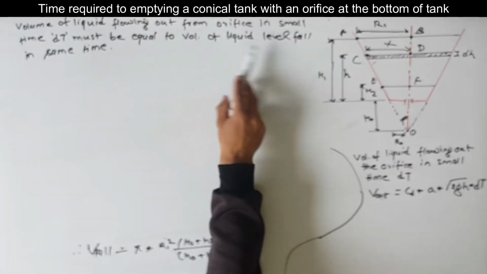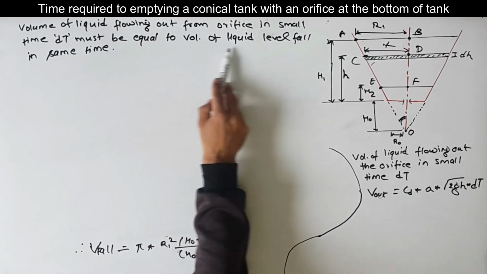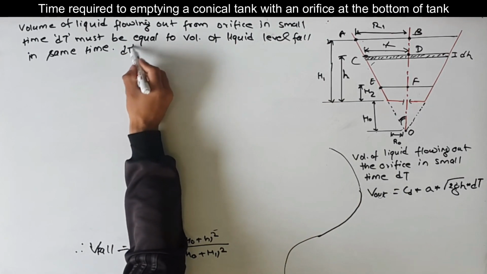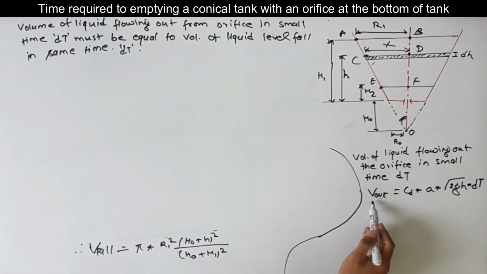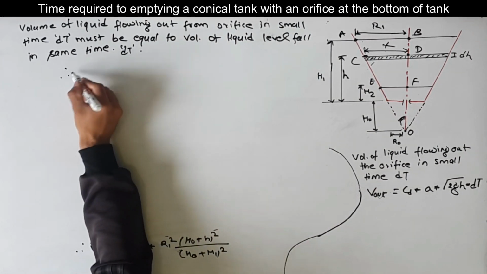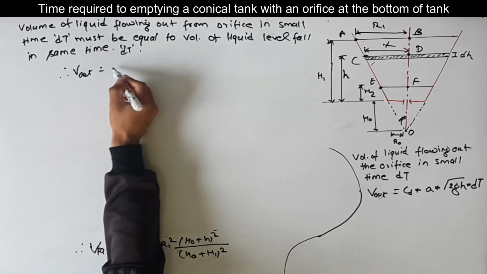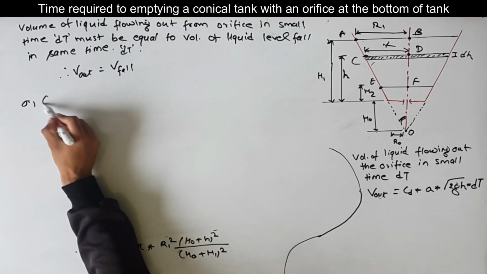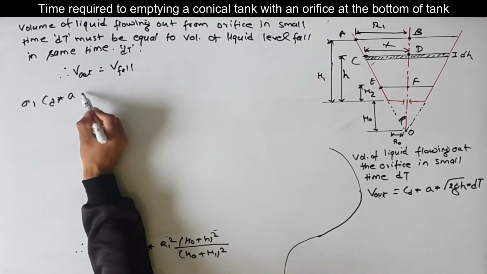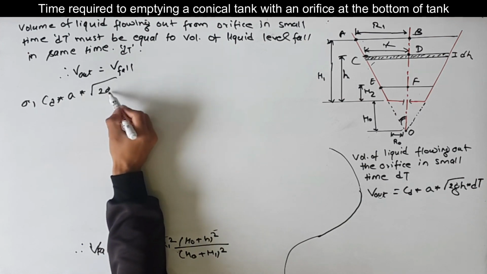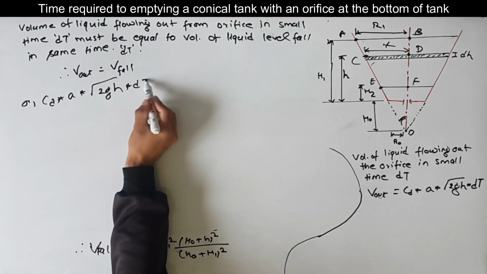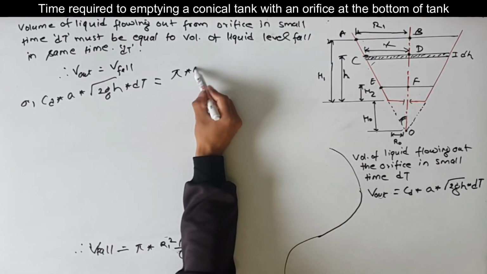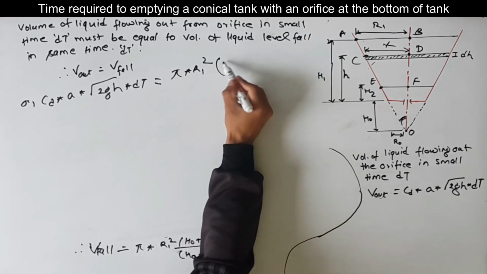The volume of liquid flowing out from the orifice in a small time dt must be equal to the volume of the liquid level fall in the same time dt, so we can equate V out and V fall. This V out is CD into small a into root under 2gh into dt, which should be equal to